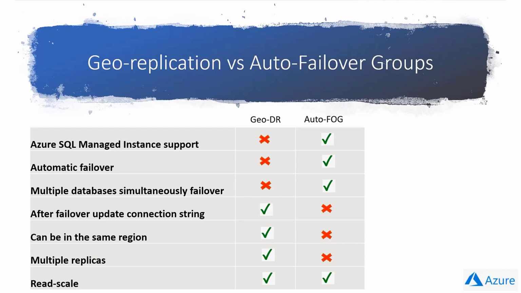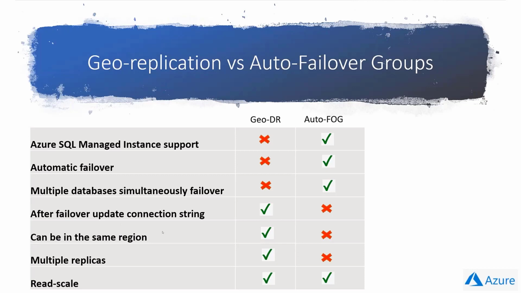In the case of the auto failover groups, they provide a read-write and a read-only listener endpoint. So these listeners remain unchanged during a failover. After the failover is completed, the DNS record is automatically updated to redirect the endpoints to the new region. So that's one of the, of course, advantages of auto failover groups. You don't have to change these endpoints because they are listeners of the entire group.